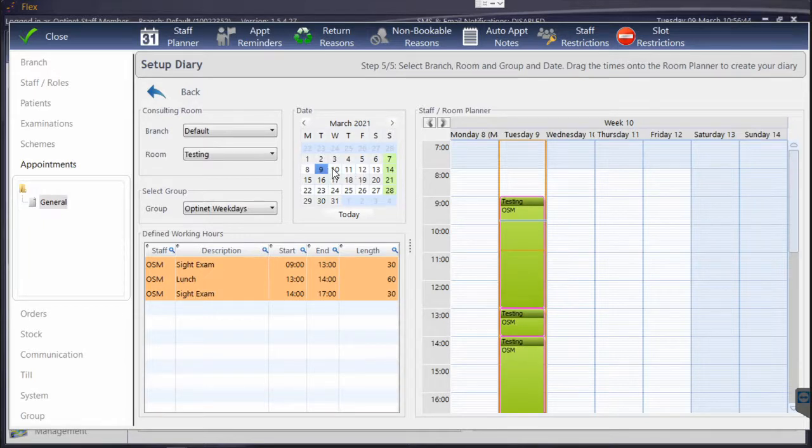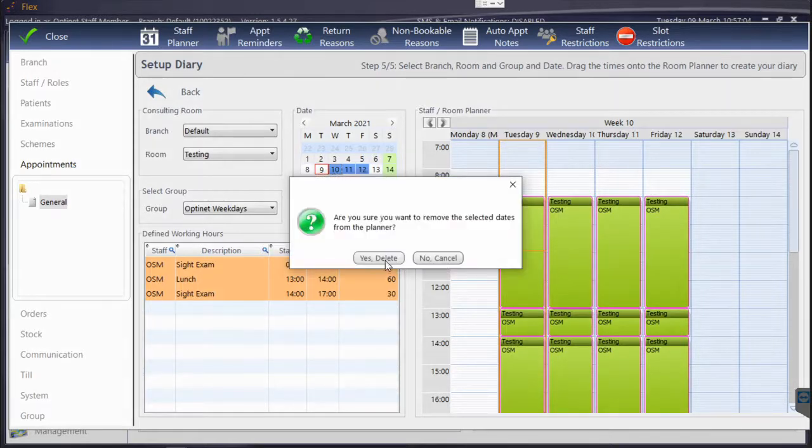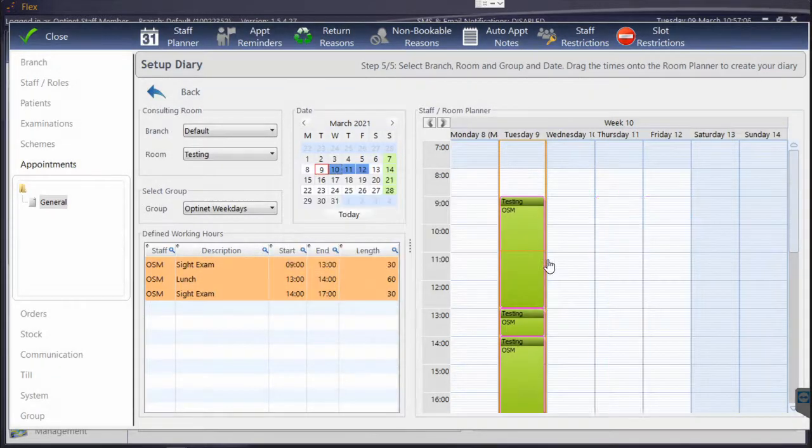If I wanted to build for Wednesday, Thursday and Friday this week as well, if I hold on Control, CTRL, the very bottom left on my keyboard, sure it's there for you too. I can choose all of those days and now drag and drop them all across and build them. If I wanted to remove them, let's keep on just 10, 11, 12 here. I can right click and choose delete time slots. I'm going to choose all selected dates